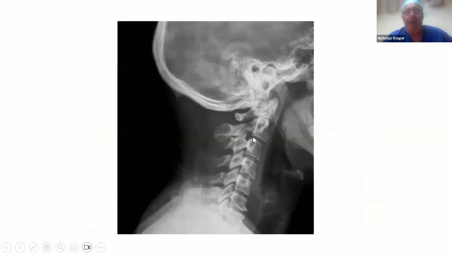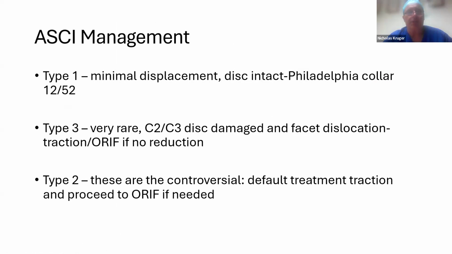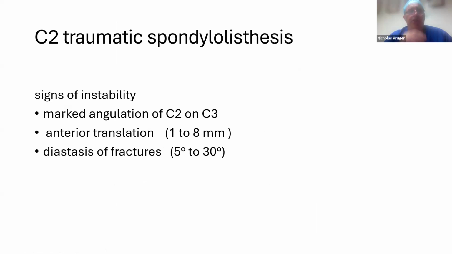There you can see, it looks like minimal translation. There's a bit of a fracture. This will heal quite nicely in a collar. It's a type 1, so collar, that's fine. So when you have marked angulation of C2 and C3, or anterior translation, or a large fracture gap,